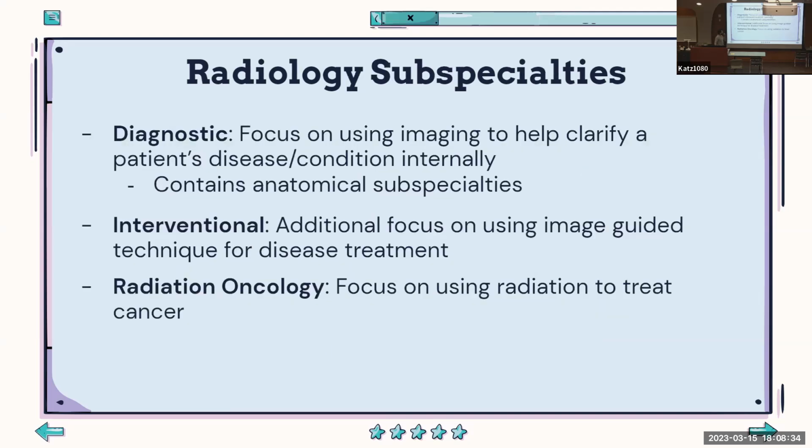In terms of subspecialties, radiology has a few subspecialties. So there's the diagnostic arm, which essentially uses imaging to clarify certain diseases and conditions, and it can have anatomical subspecialties as well. Interventional radiology is actually a pretty cool subspecialty where you can do some interventions and procedures on the patients. Like if you want to insert a chest tube or something based on an imaging modality,